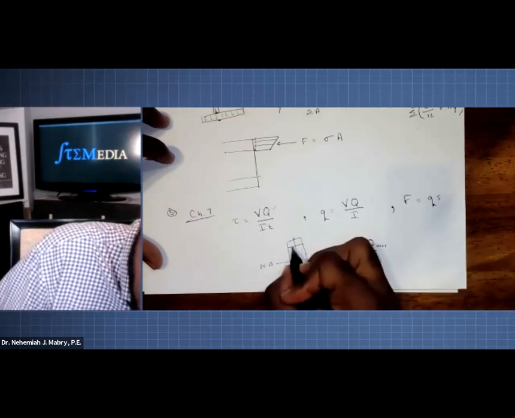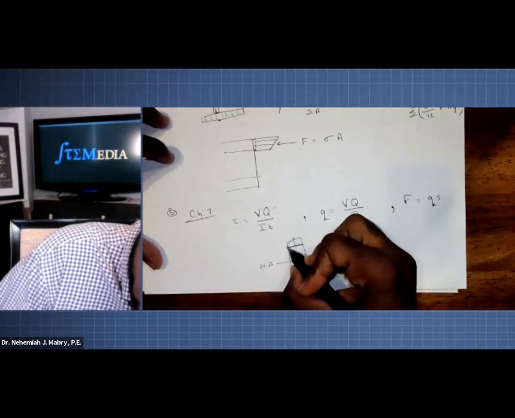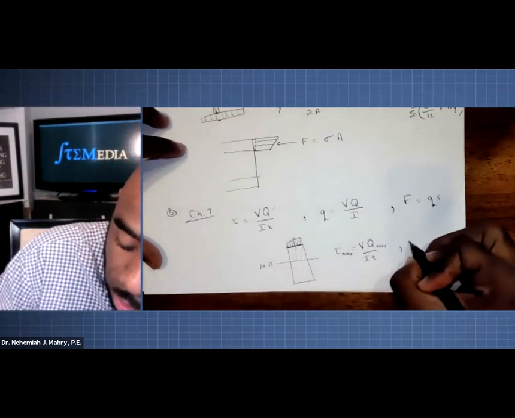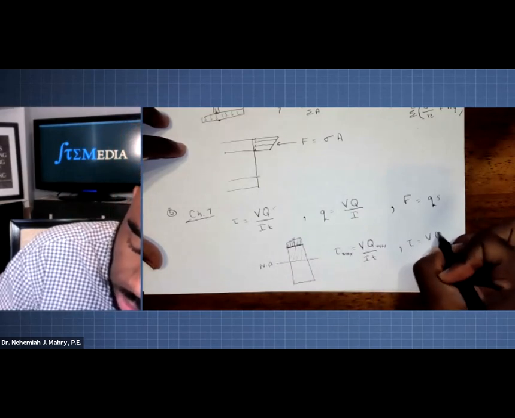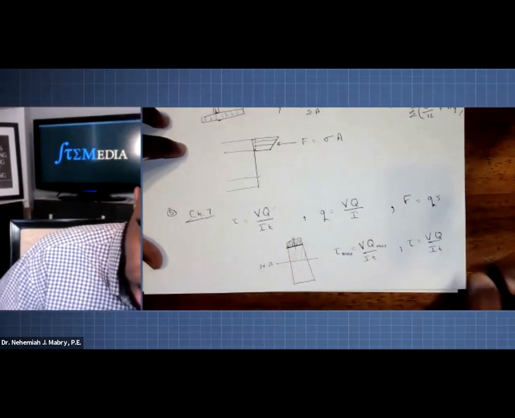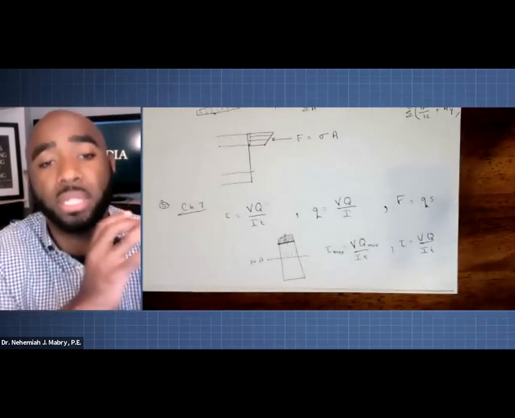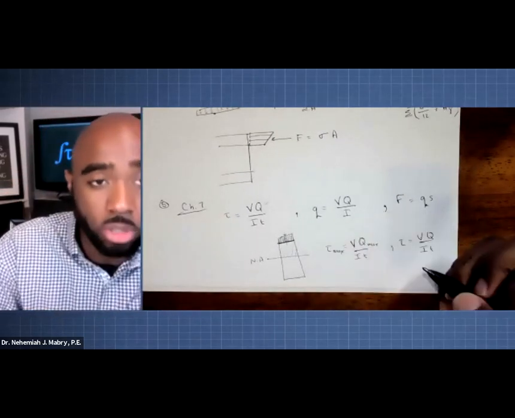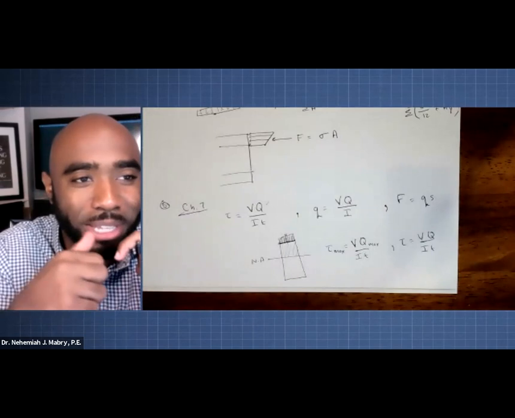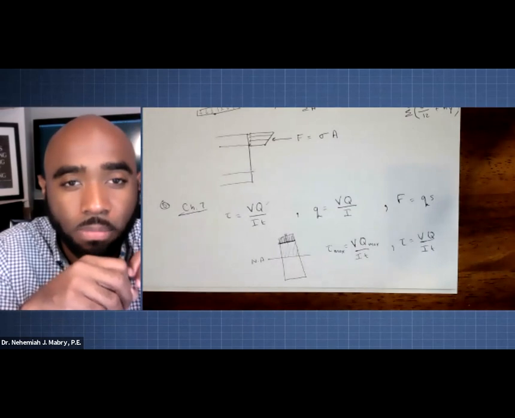However, if the question is asking you to just find the shear stress of everything above a certain point of interest, in that case, the Q is just going to be the Q of everything above that particular point of interest. Does that make sense? When to use Q max and when to use everything above the neutral axis versus when just to use everything above the interface? I want to see some thumbs up for that. Thank you, Duncan, appreciate it. Anybody else? I have a question about that.